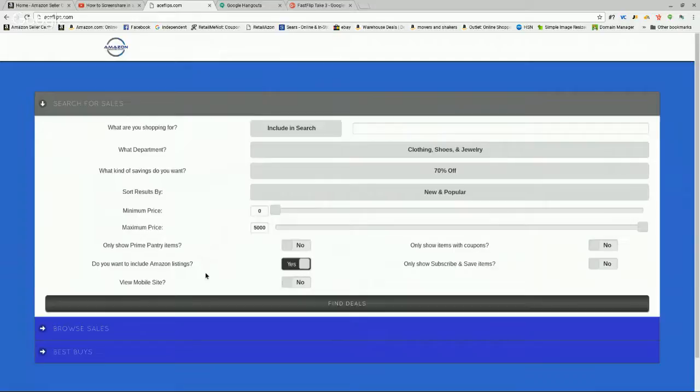Do you want to include Amazon listings? You'll want to make sure that that's on, because you're going to be buying from Amazon, so you want Amazon on the listings. The others, you don't have to click yes on. There's no reason to do that for our departments. So we'll go to find deals,